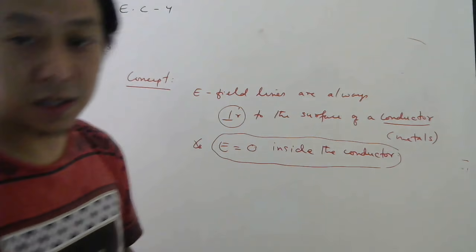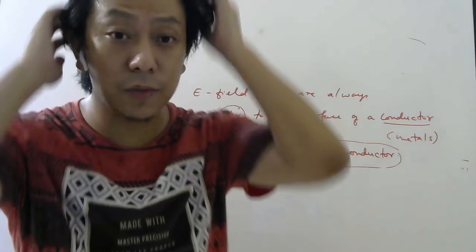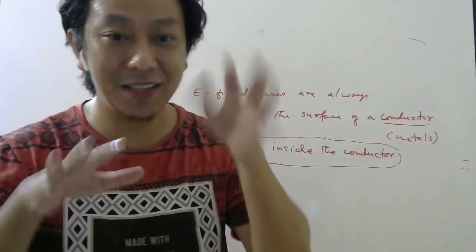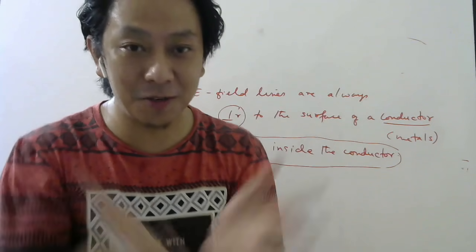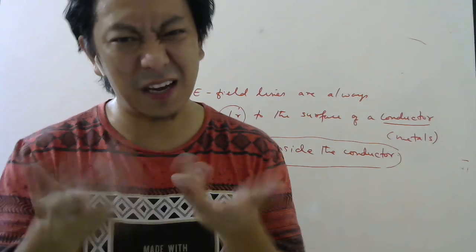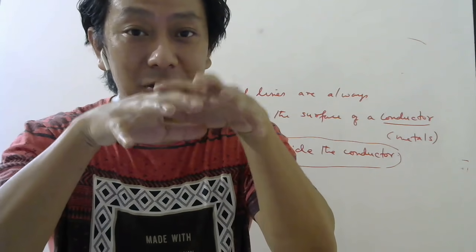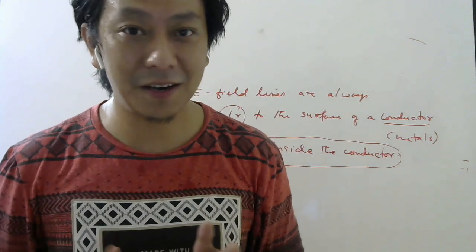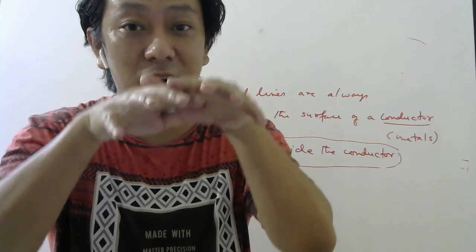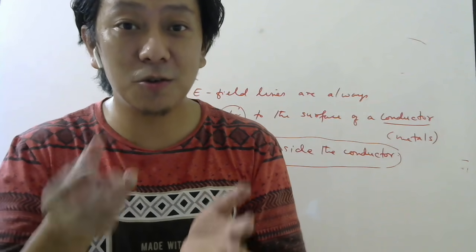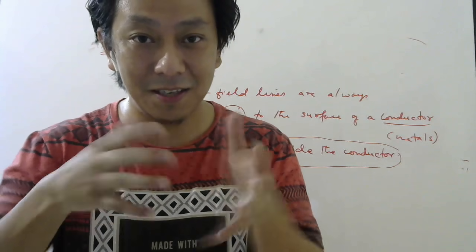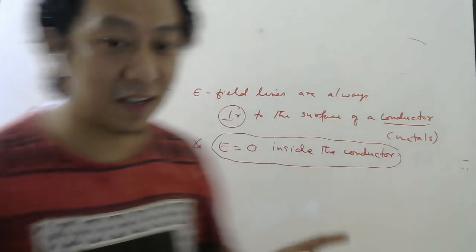Because I have told you, whatever charge you give a conductor, the charges will stay on the outer surface. So it will be like a shell. Because in a shell also the charges were only on the outer surface. So similar to a shell, when you give charge to a conductor by any process, that charge will stay only on the outer surface. Because they repel each other, I told, like charges repel each other. So they go as far as possible. So the best way is to stay on the outer surface. Therefore, there is no net charge inside the conductor. Understood? And since it is similar to a shell, electric field inside the conductor will be zero.